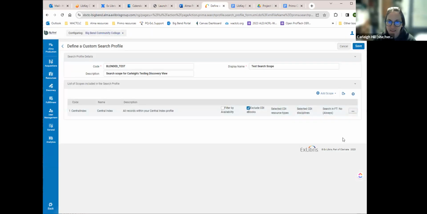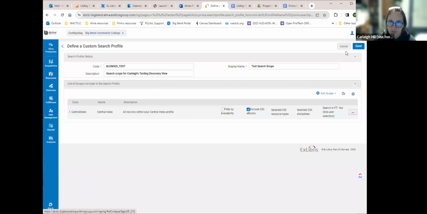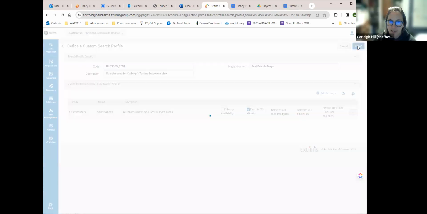And then the full text. Now these four options are the always limits, whereas the per end user selection does give end users the option. So I'm going to say yes. So yes is the default, but an end user could change that. All right. Now we're going to save this